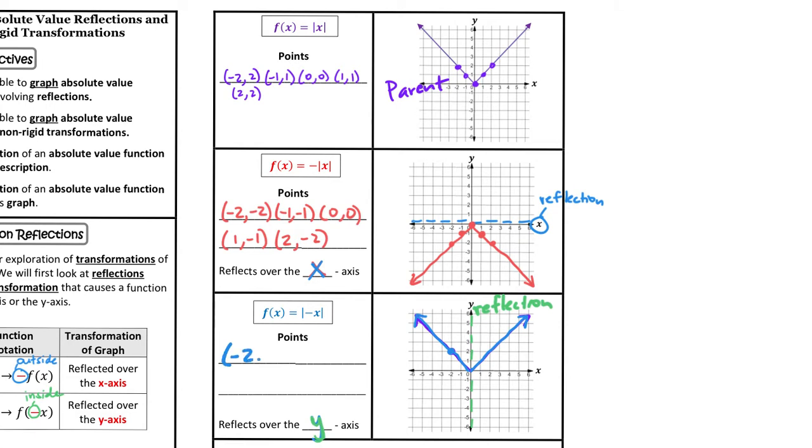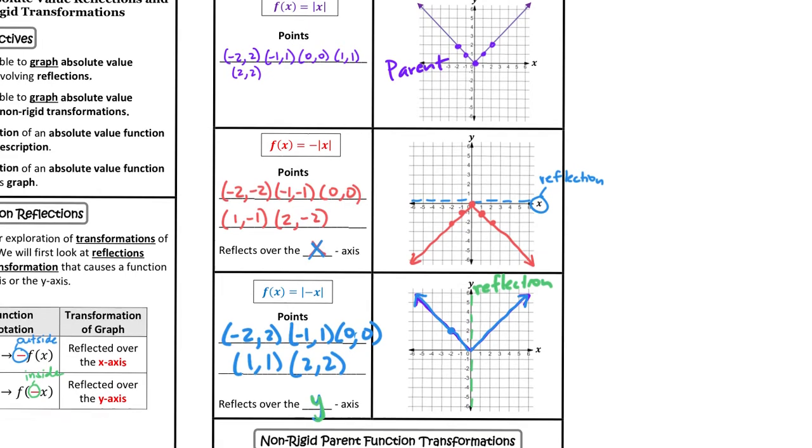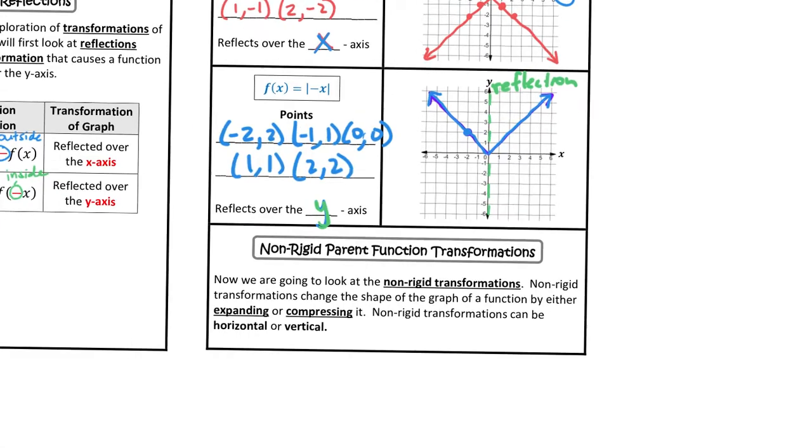I'm going to copy the purple points. Okay, so that's one thing to know: for the absolute value, the parent function and the reflection over the y-axis are the same. The next thing is, let me zoom back in here,